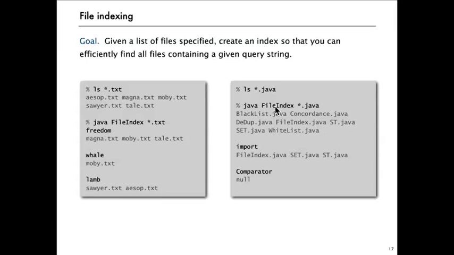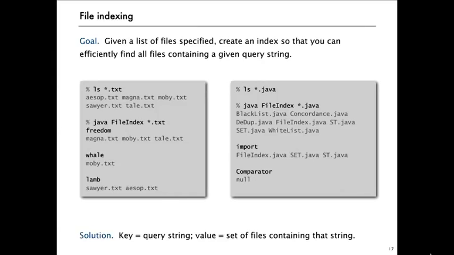So we might build an index from that set of files, and then we might wonder, well, where do we use the import statement? So we just search for import, and it'll tell us, look in those 3 files. Or did we use comparators anywhere here? And this index will tell us no. So again, a very general capability that's got lots and lots of applications and easy to implement with our symbol